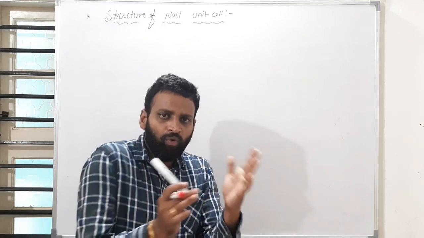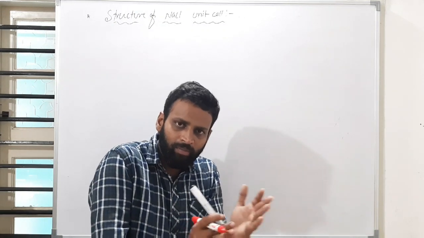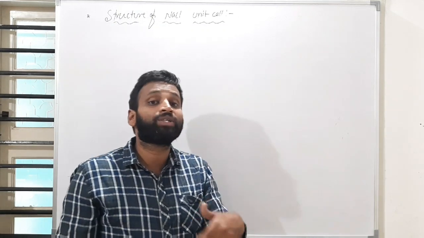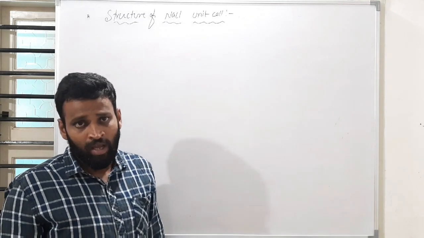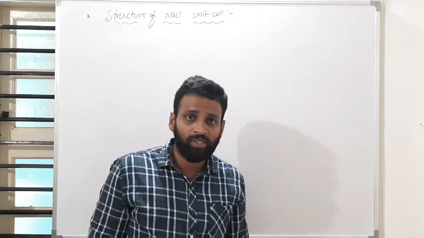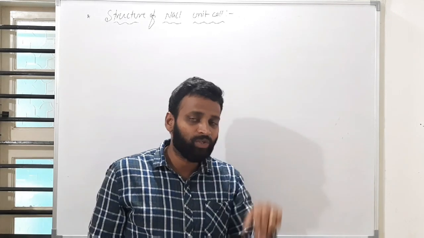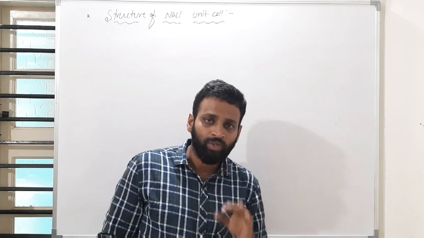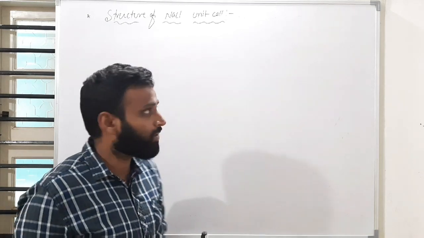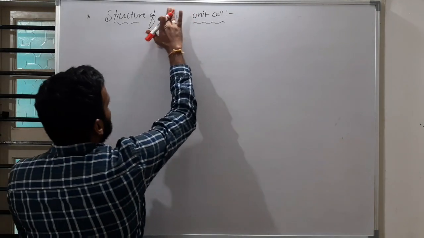Do all 14 ions belong to one unit cell? No, they are shared with other unit cells. A corner atom is shared by 8 unit cells. A face center atom is shared by 2 unit cells. That's why I wrote 6 into 1 by 2 previously. So this is all very important for us. Okay, next, structure of